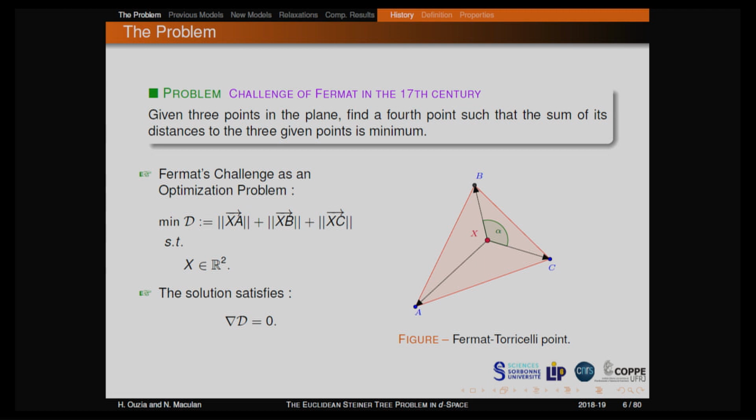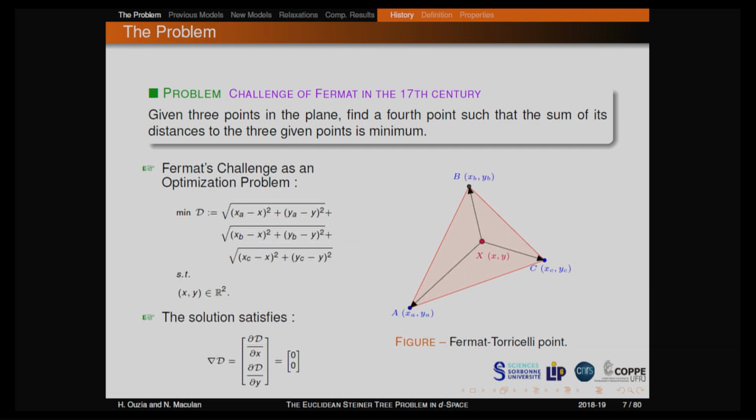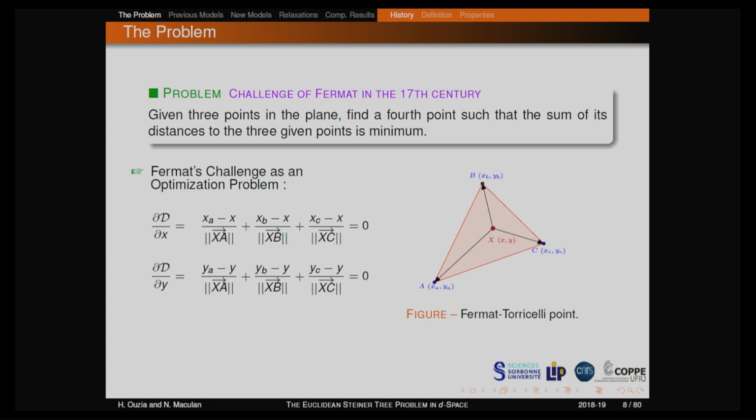You minimize the total distance to the vertices, and you have the gradient equal to 0, and you try to find the solution. Suppose it's differentiable, and suppose the determinant here is not 0. Then you can try to find the zero of the gradient, and you find, as I can show you,